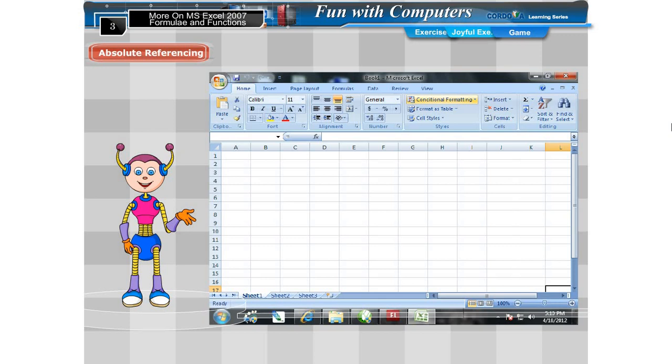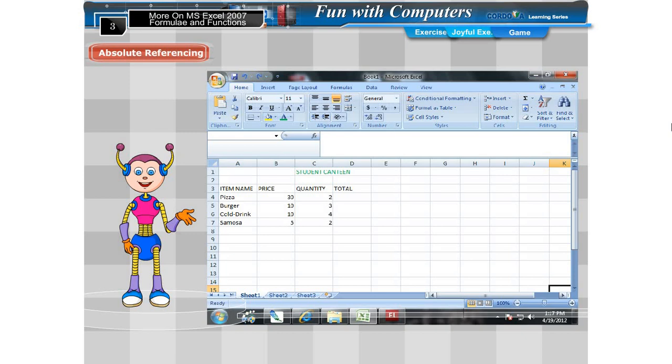Absolute referencing. An absolute reference is specified by using the $ sign along with the column and the row number in the cell. For example, $B$4 is an absolute reference. Using dollar means fixed to a specific location.